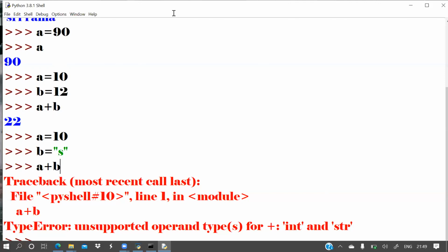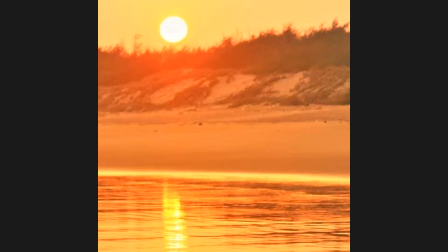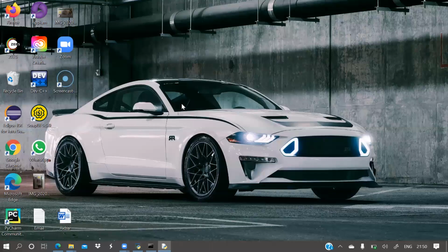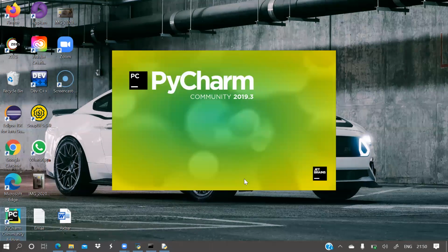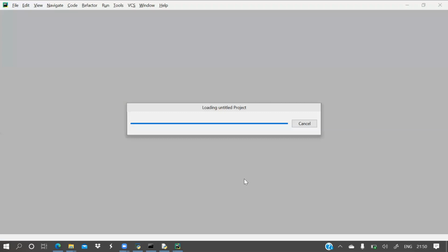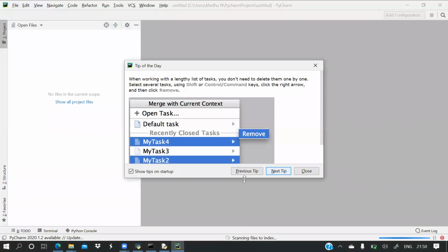Now I'm stopping this again. Now we shall write these small programs in PyCharm. Okay, PyCharm. Now PyCharm is open.